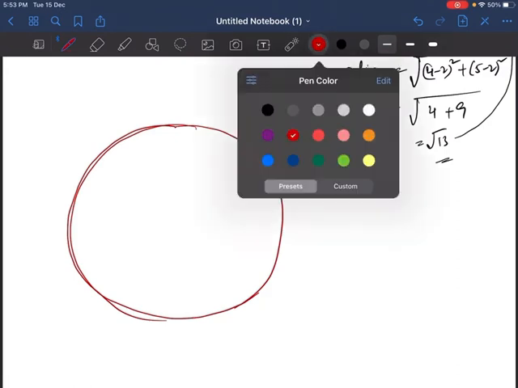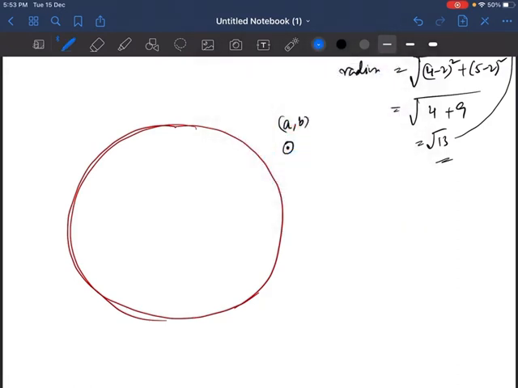Then we have another point in here, let me write this one as (a1, b1), this is (a2, b2), and here we have another point that is inside, and let's give it the name (a3, b3). So (a1, b1) is outside, (a2, b2) is on the circle, and (a3, b3) is inside the circle. Now how can we determine whether they are like this? Here the circle is given by x² + y² = 25.